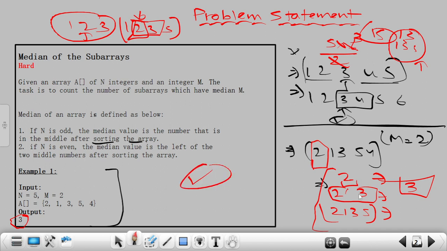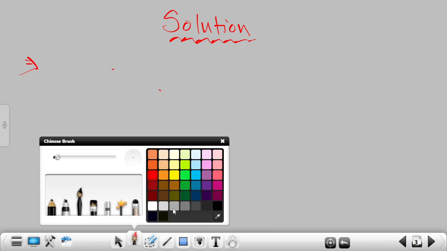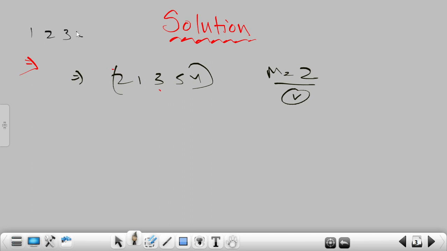Now let me talk about the solution. I'm going to take the same array as example: the array has elements 2 1 3 5 4, and the median value is 2. Basically I have to return all the subarrays which have median as 2. If I write the sorted order of this array, it will be 1 2 3 4 5. Let me tell you one thing: